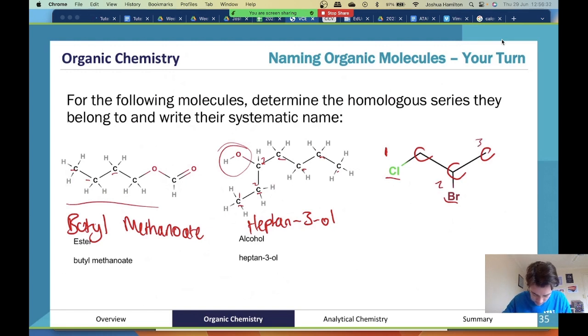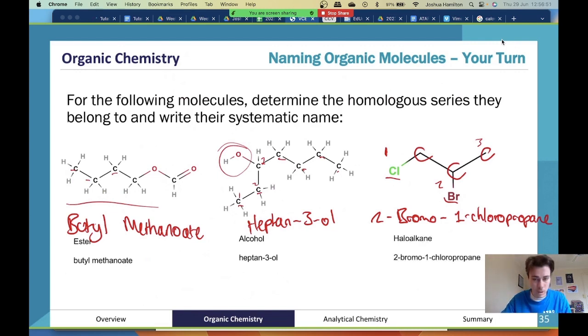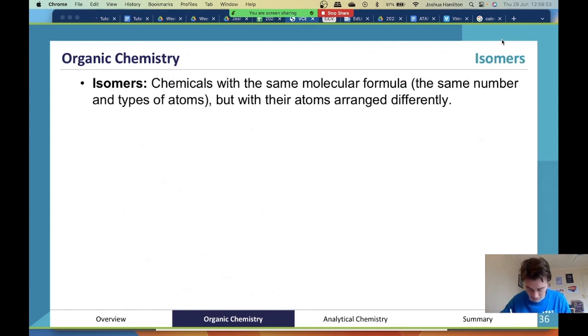So this is going to be 1 chloro, 2 bromo, but B is before C. So it's going to be 2 bromo, 1 chloro, and then this is going to be propane. 2 bromo, 1 chloro, propane. Very good. So, very briefly before we get into reactions, just want to quickly talk about, also just having a